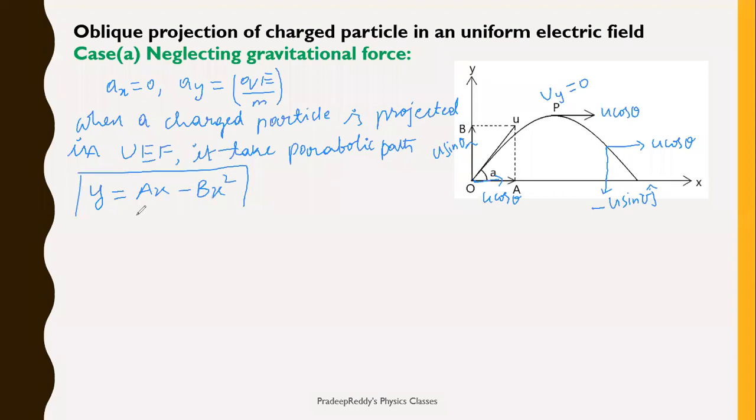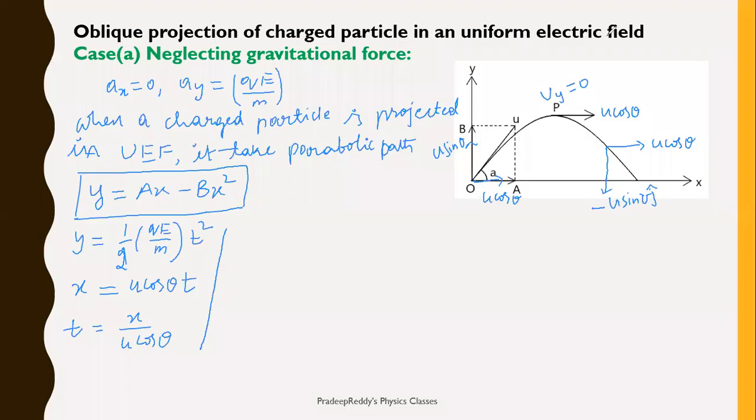This equation I am using directly from kinematics, where a is equal to tan theta and b is equal to, you can write it as, 1 divided by 2 u square cos square theta. I think this is a little bit wrong. I think so. Does anyone remember that? And y can be written as ut plus half a t square.